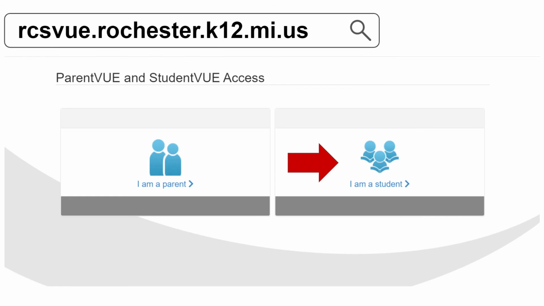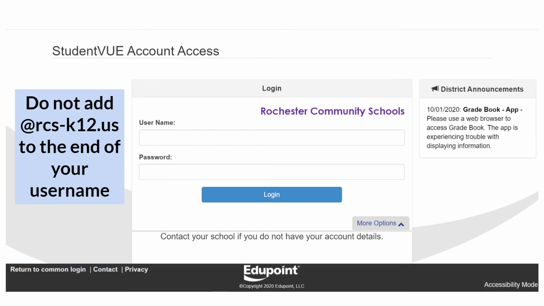You will want to click I am a student, then log in with your district username and password. Do not add at rcs-k12.us to the end of your username. This is your Google account email and will not work. Your username is the information before the at rcs-k12.us. If you can't remember this information, please reach out to your information literacy specialist and they will be able to